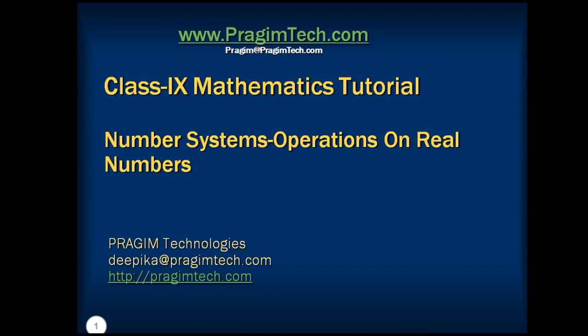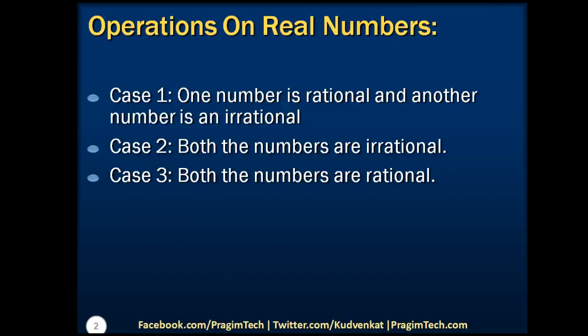Hello students, welcome back. In this session we will discuss different operations that we can perform on real numbers. What are real numbers? Real numbers, which we have discussed in previous sessions, are the set of rational and irrational numbers. As you are very much familiar with rational and irrational numbers and their representation on the number line, let's move to the next topic, that is the basic operations which we are going to perform on these numbers, and let's observe what the resultant number is going to be.